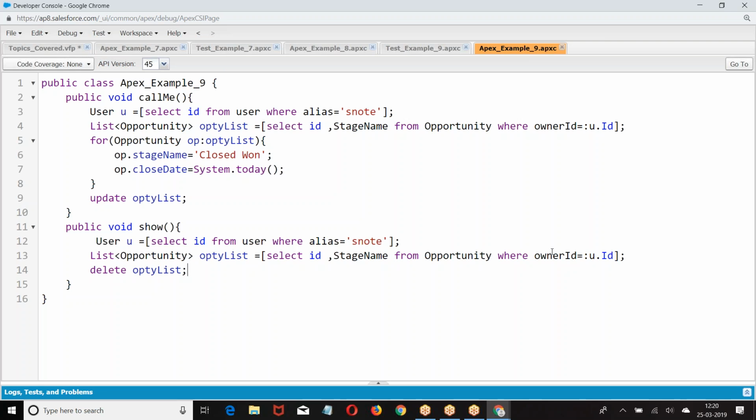Start doing this example, everyone. First